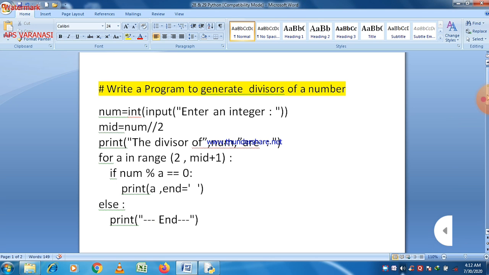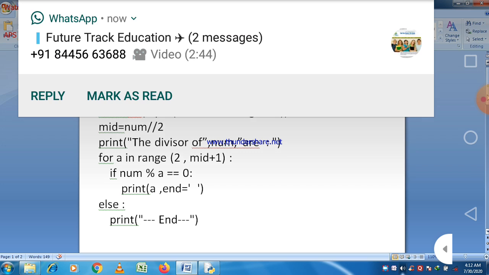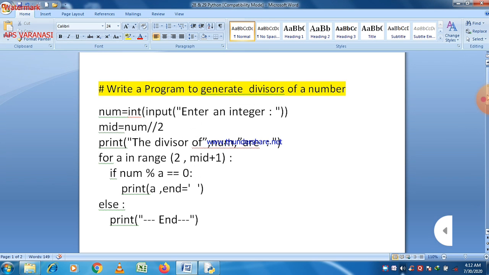And why is it so? When we want to find the divisors of a given number, suppose we take the number 6. This is very clear that the number is divisible by 1, of course, and by 6, that number itself. To find the other divisors, we start from 1 onwards up to the mid value, because after the mid value it is not possible to find any divisor.